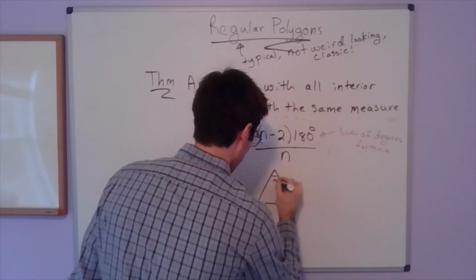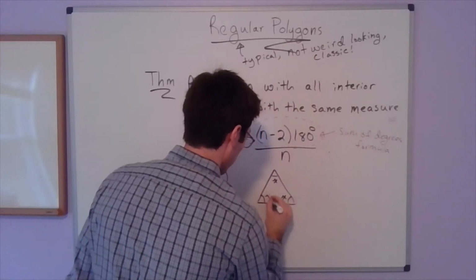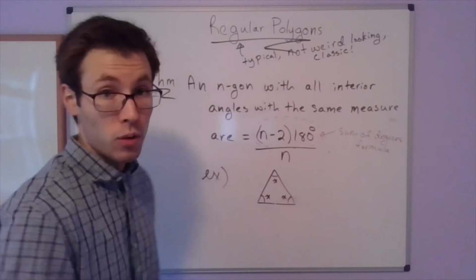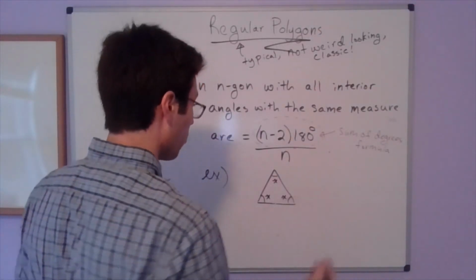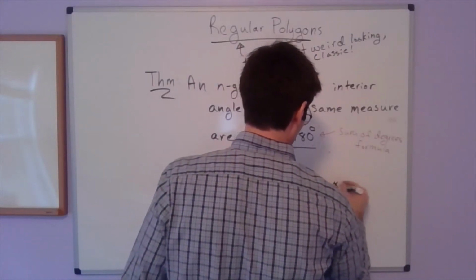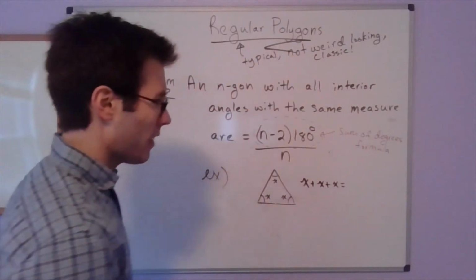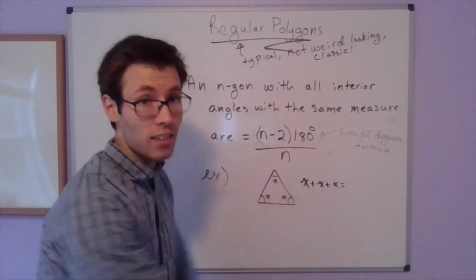So this angle was x. This angle right here would be x. And then this angle, by default, would also be x, because they're all equal here. Now, if we're wanting to figure out what x would be, we just take x plus x plus x, which must equal 180. But for shapes with a larger number of sides, we need